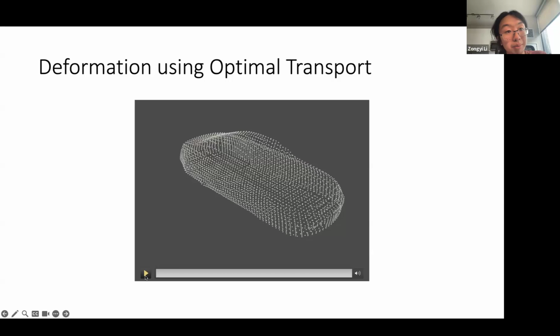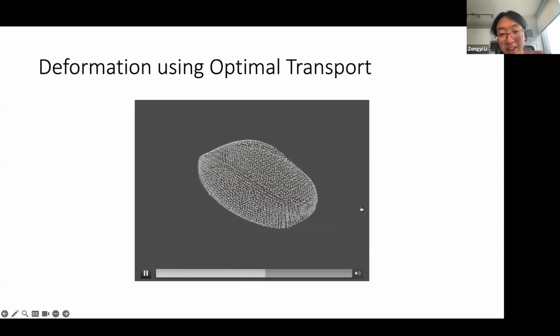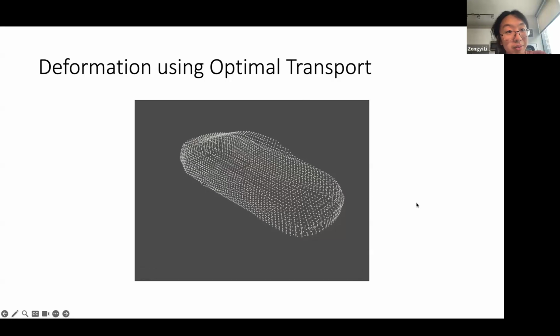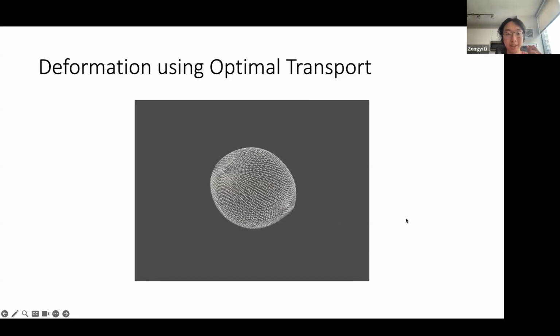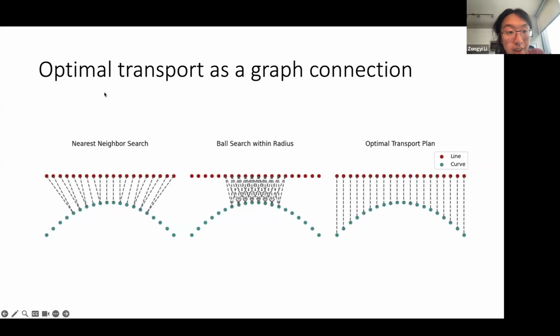So I think it's a general method that takes any mesh and projects it to a uniform latent space. Right, with this optimal transport, we can use a transport map, which is a one-to-one map. It can also use a transport plan where I can split a mesh point into multiple mesh points. When we split that, it's kind of like graph connections. So compared to a standard graph based on nearest neighbor search or ball connection search, this optimal transport map will preserve the global density, so preserve the global structures.